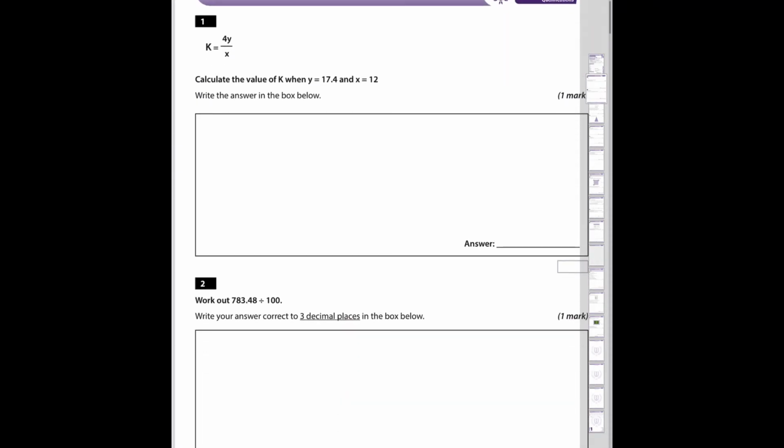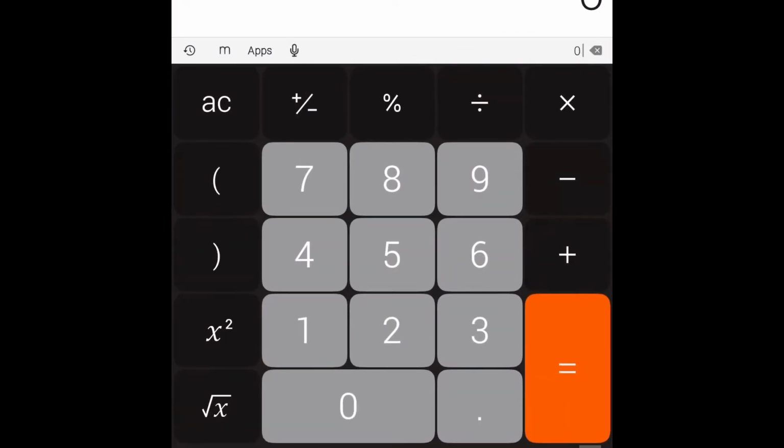So let's look at question 1. k equals 4y over x. Calculate the value of k when y is 17.4 and x is 12. So 4y is going to be 4 times 17.4, over 12. When there's a 4 next to a letter like that and there's no sign in between, you automatically know it's multiplied. So let's do 4 times 17.4,